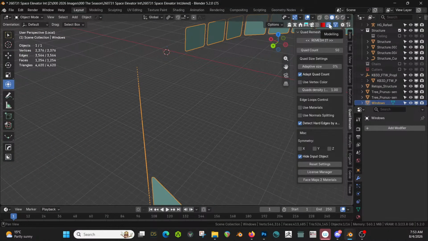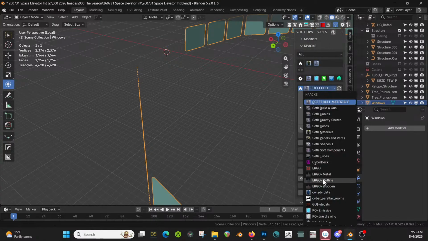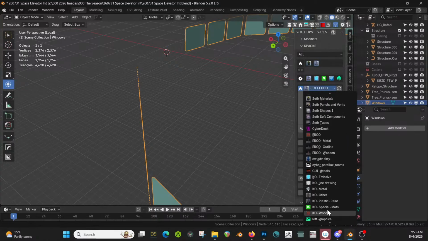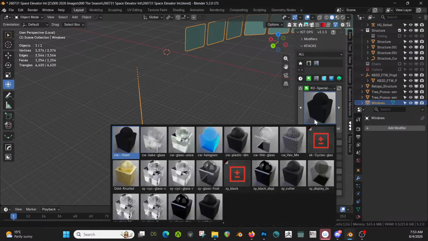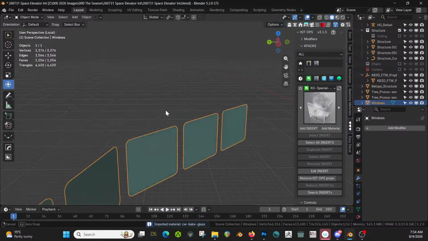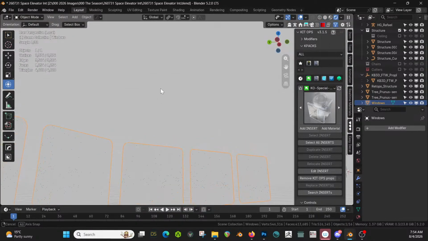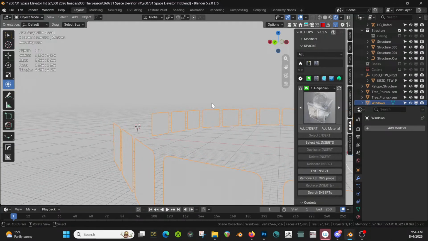Okay, and then I'll give it a glass. I don't know which one's sort of the best. Let's try baked glass. It's a little weird looking. Can't really see much past it now, but